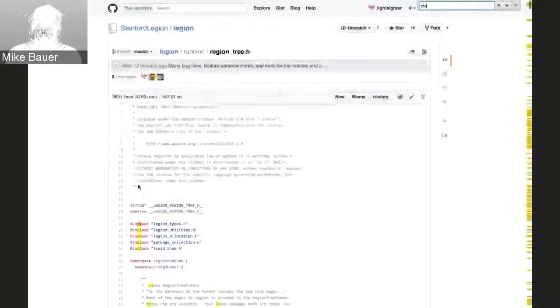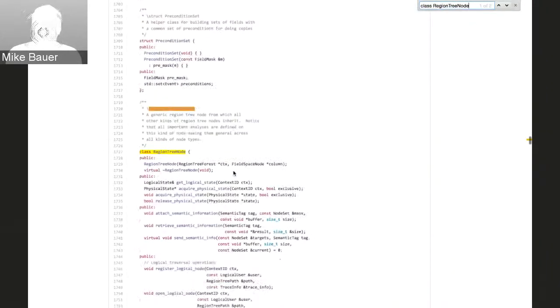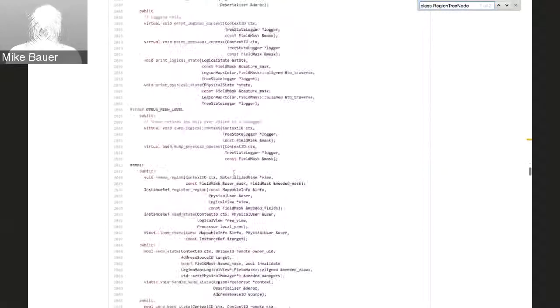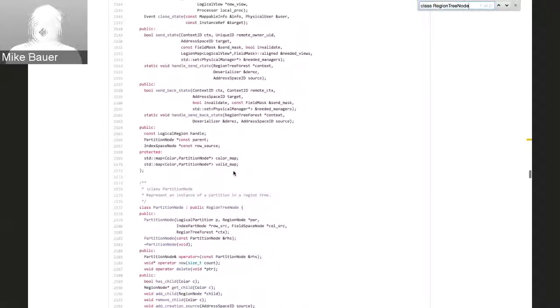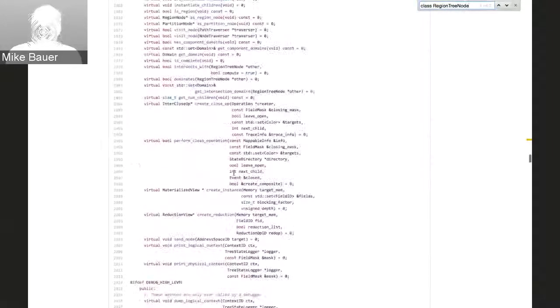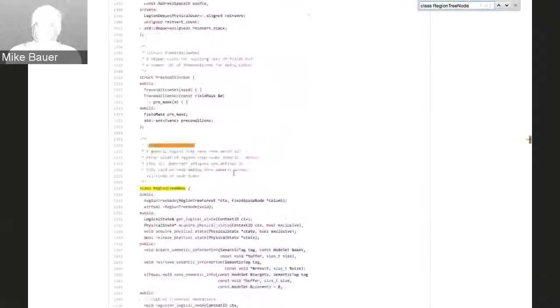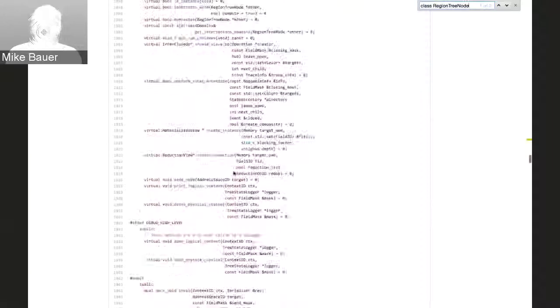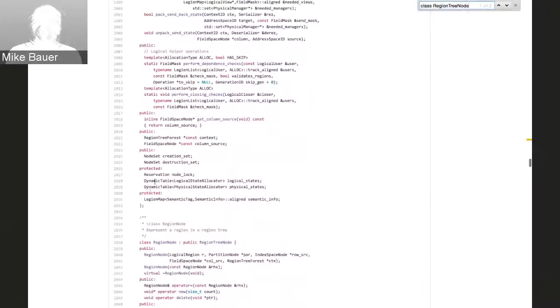So if I go to class region tree node, what you'll notice is that we had these data structures down here. Let me scroll down and find them. We had these data structures for tracking. Actually, they went too far. That was region tree node. Let's see, where was it? I'm missing the state objects here. Here we go. You remember that we had these logical and physical state objects that we were tracking on individual